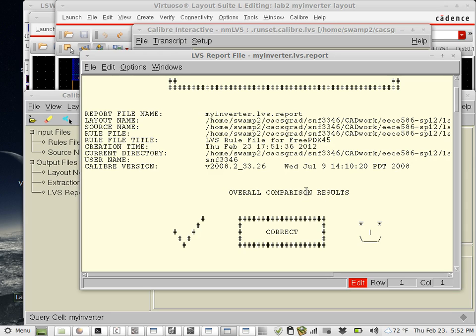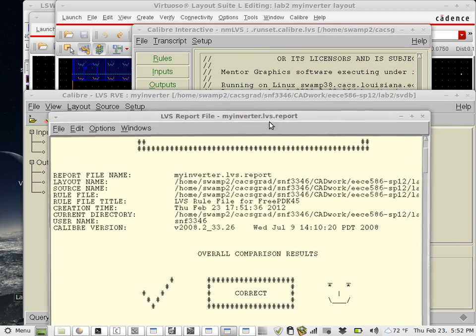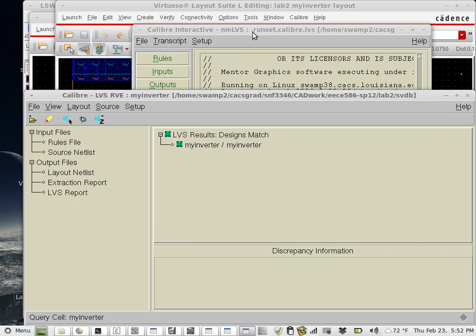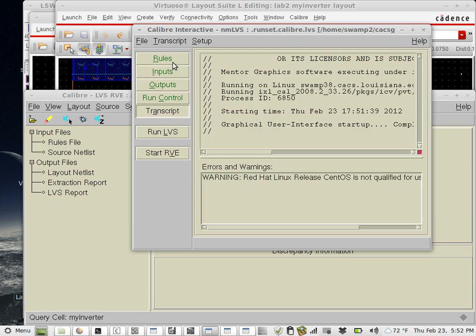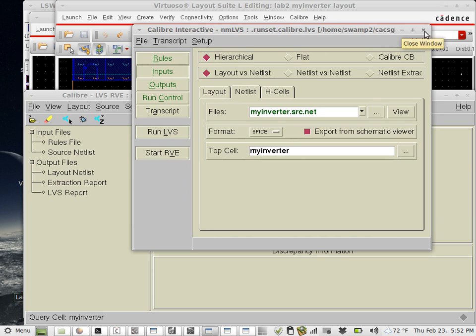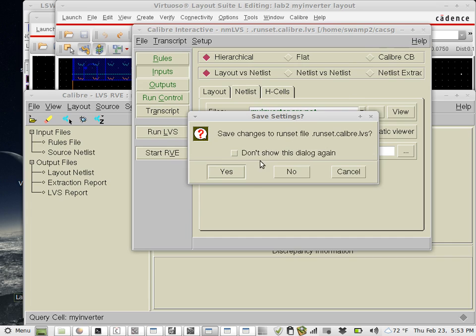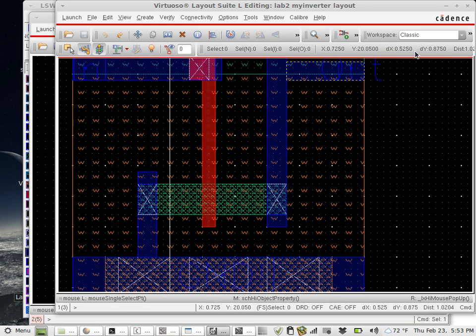Yeah, I think this ends our Cadence labs. But let me tell you quickly how you can generate your netlist. I'll have that in the PDF tutorial anyway, but let me talk about it quickly. Here in the LVS, we told the software to export from schematic viewer, and this is the file that it exported, the netlist from the schematic. Now I need this file to generate the parasitic netlist,